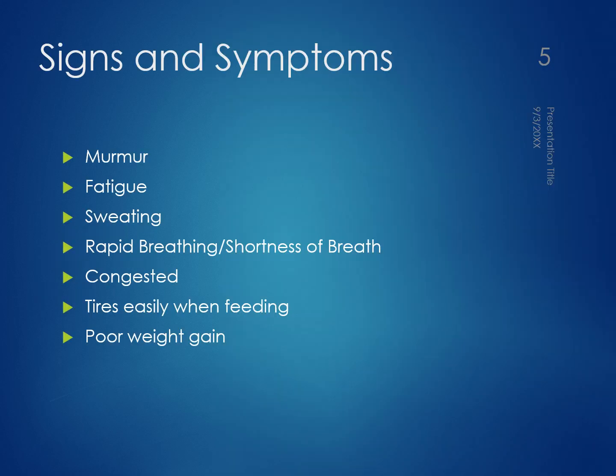Signs and symptoms: you will hear a murmur. So anytime you have a hole or connection between two sections of the heart or the structures, you're going to hear a murmur because you're going to hear blood flowing in directions that it's not supposed to be flowing. In general, when you hear a heart sound, you hear the S1 and S2 because blood is supposed to be moving into the atriums and out of the ventricles, and all the blood should be going into those spaces. But when you have connections, you have blood moving back and forth during those times,